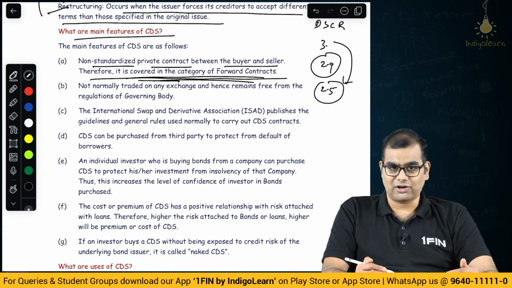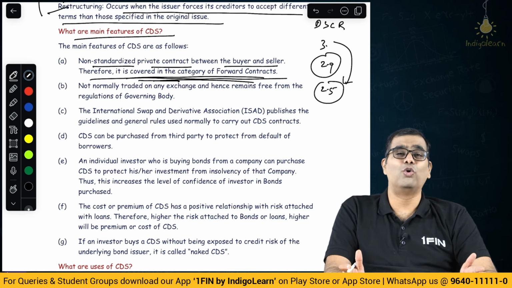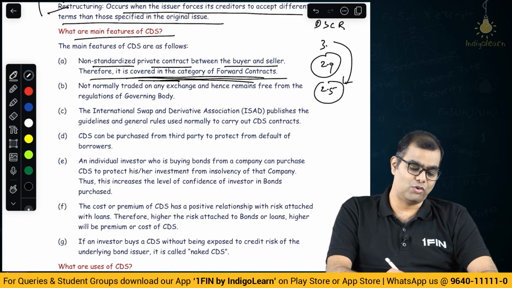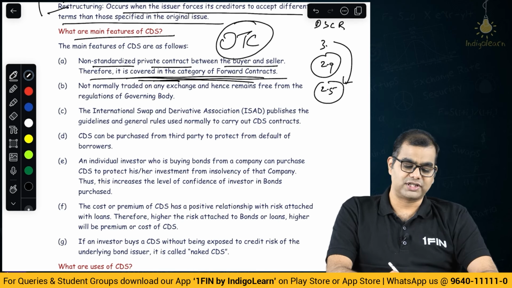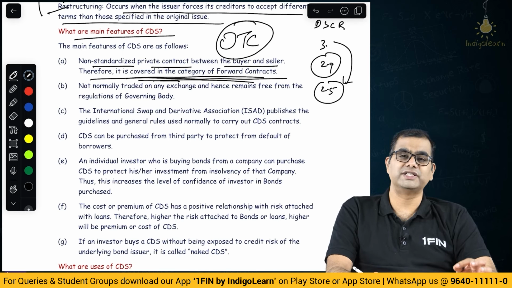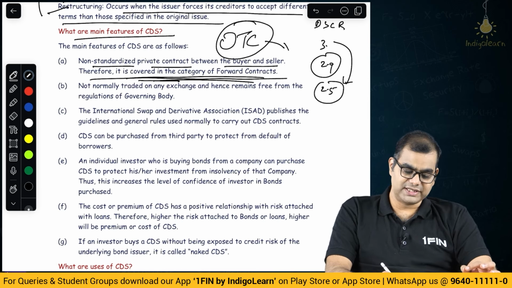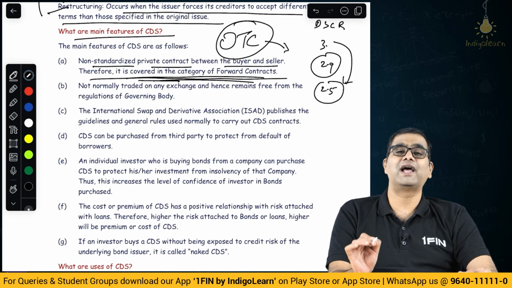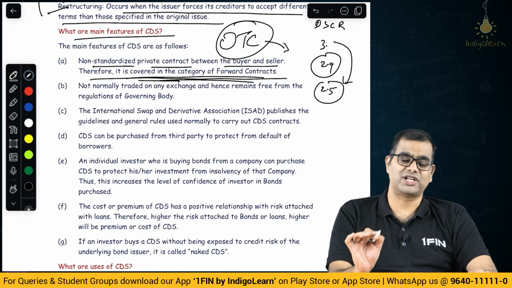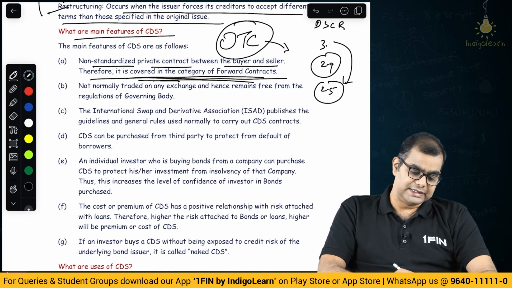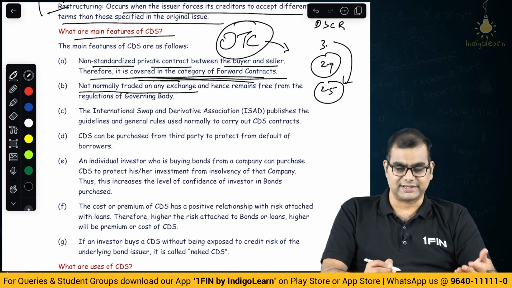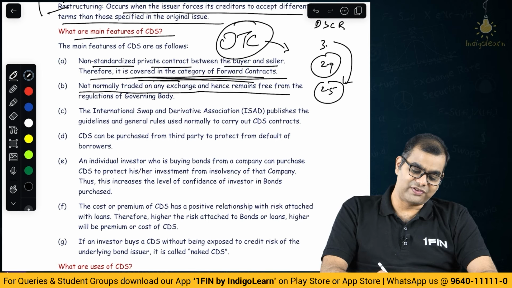So, forwards are contracts between two independent parties. They are over the counter. Please note the word over the counter. See, you are CA students. You are supposed to use terminology that actually reflects your understanding, key terms. Okay. So, most of these contracts are over the counter and are not traded on an exchange, recognized stock exchange, recognized any kind of exchange. Okay, these are not normally traded on any exchange, that is what I was telling, and hence remain free from